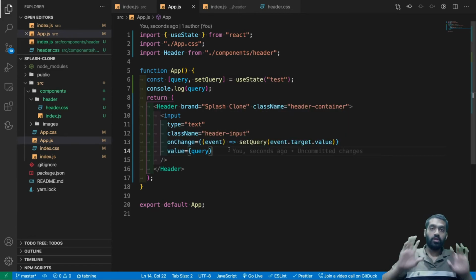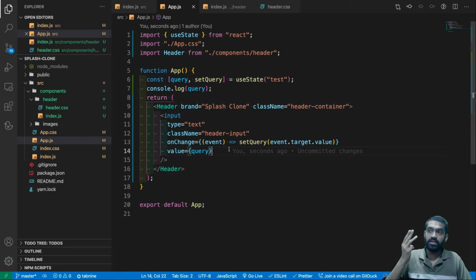So there are a lot of things in play here. First, we change something, so the input's DOM value changes. That fires the onChange event in the DOM, which fires the onChange event in the virtual DOM.